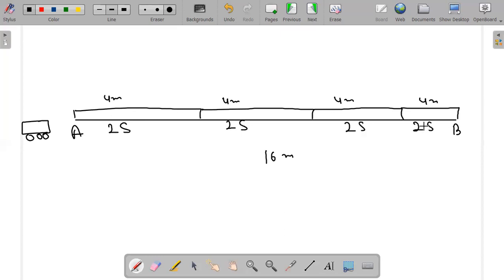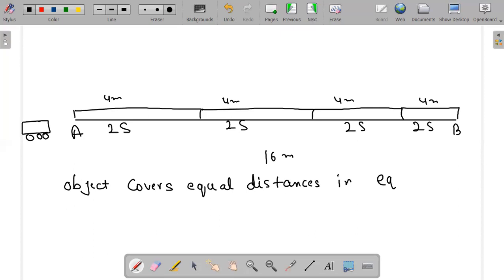So that is known as uniform. What is uniform motion? The uniform motion is when an object covers equal distances in equal intervals of time. So you can see that distance is equal in every